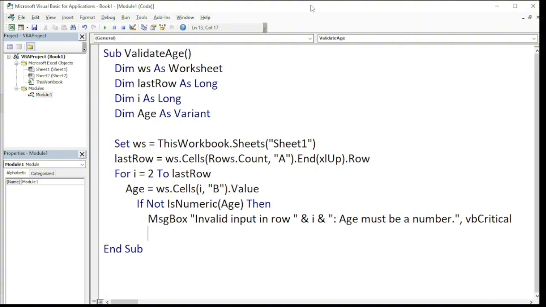Enter, then ws.Cells(i, column B), then close it, .ClearContents. We're going to clear the invalid cell in this case. So Else,